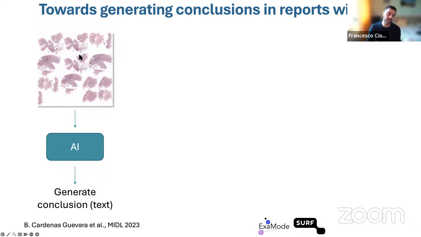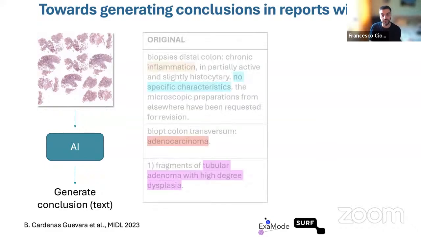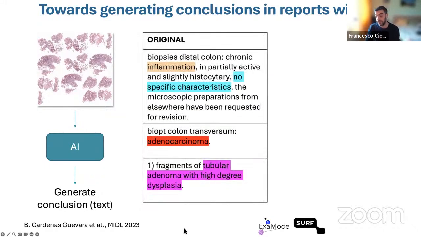The idea is that from a single slide, you can generate a piece of text, right? Just predicting it from the pixels. And we didn't generate the full report. It was more like the conclusion, just a small part, let's say a caption, essentially. You can see it as caption generation. And this was really a pilot study that we did in the context of a European project together with SURF, which is the HPC in the Netherlands.